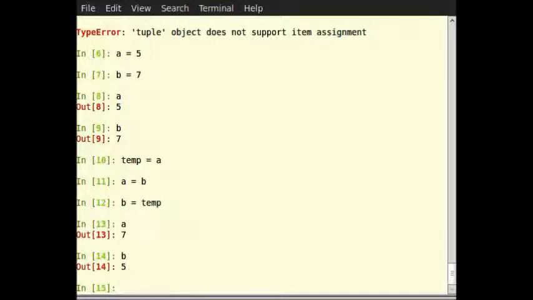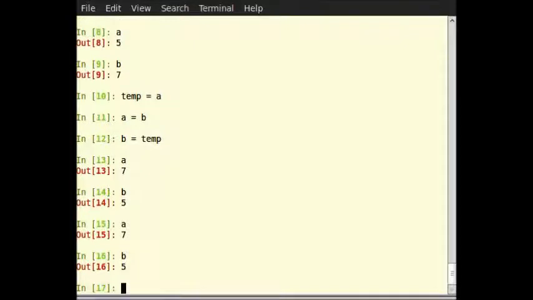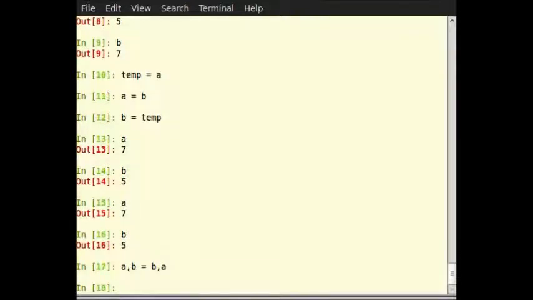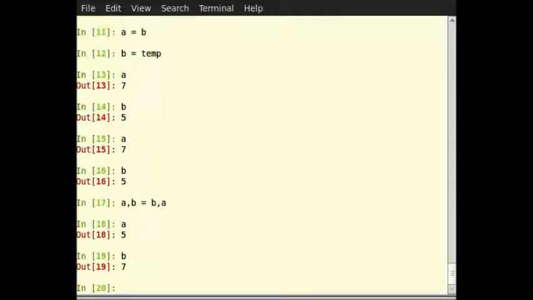So type a, then b, then a, b is equal to b, a. Okay, and then type a, then b to see the output. We see that the values are swapped. This idiom works for different data types also.